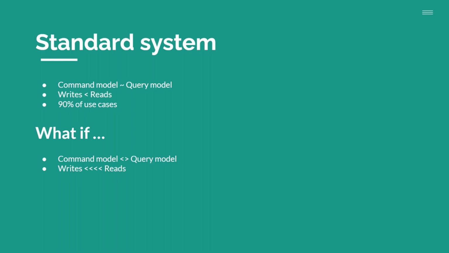And typically for these systems, there are fewer writes than reads. It kind of depends, but successful systems often have a lot more reads than writes, and in that scenario we can think about the performance, whether the part of our systems that handles the writes or the commands needs to be a bit smaller than the part that handles the reads. But that's for us to decide, of course. And this is most of the use cases that we see in the real world.